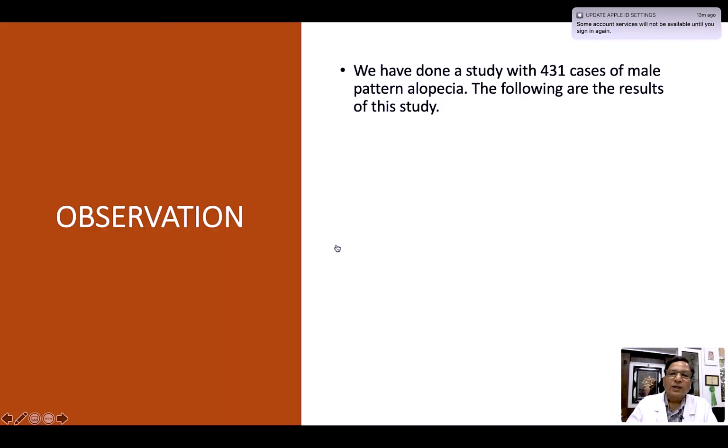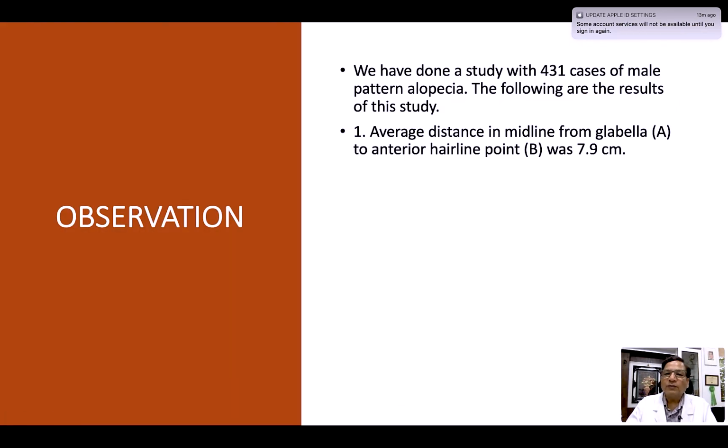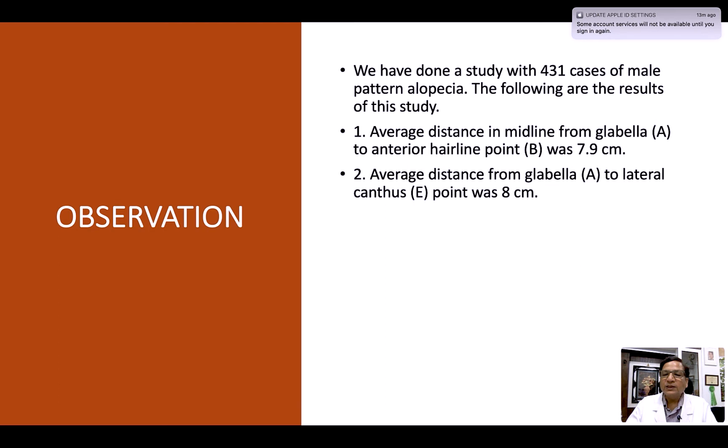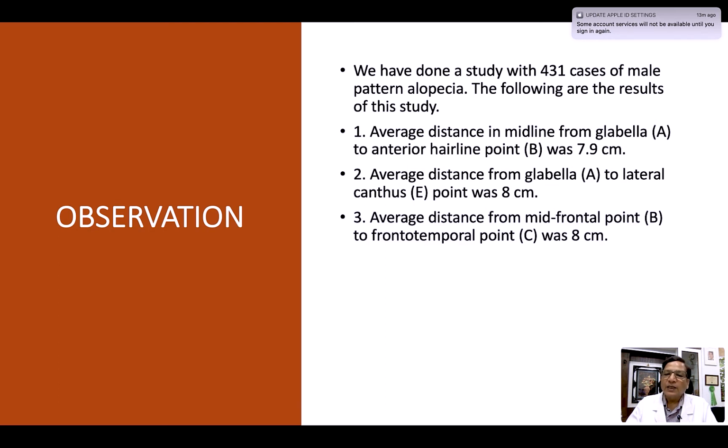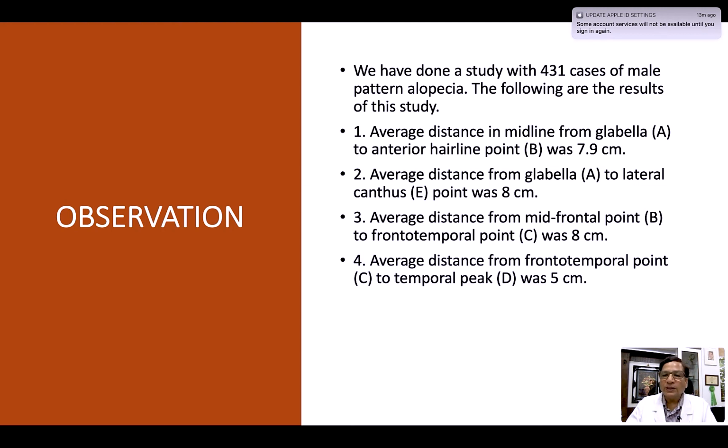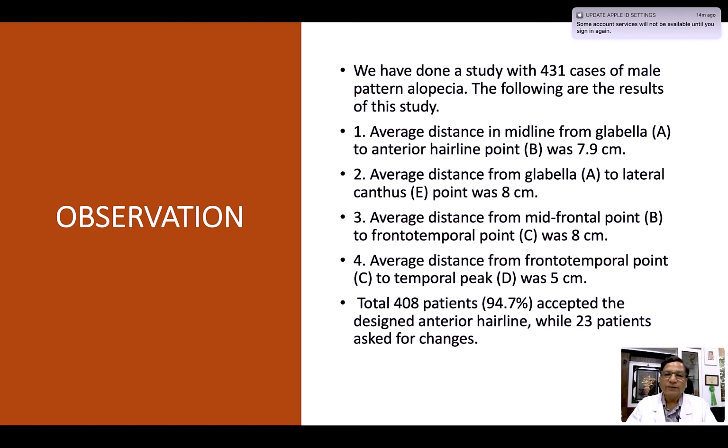lateral canthus point. Now we have done a study of 431 cases. The average distance from midline to glabella was 7.9 centimeter. The average distance from glabella to lateral canthus point was 8 centimeter, and the distance from lateral canthus point to mid-frontal point to frontotemporal point was 8 centimeter, and the average distance from frontotemporal point to temporal peak was 5 centimeter. These were our observations,